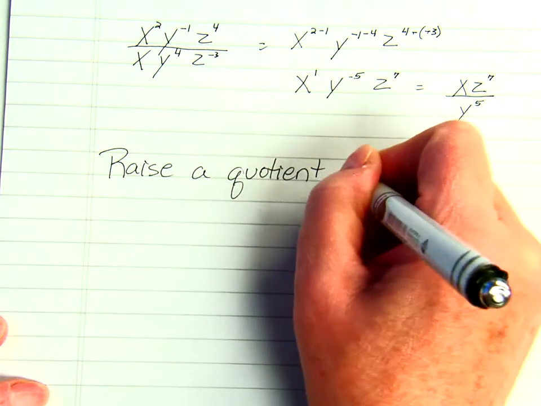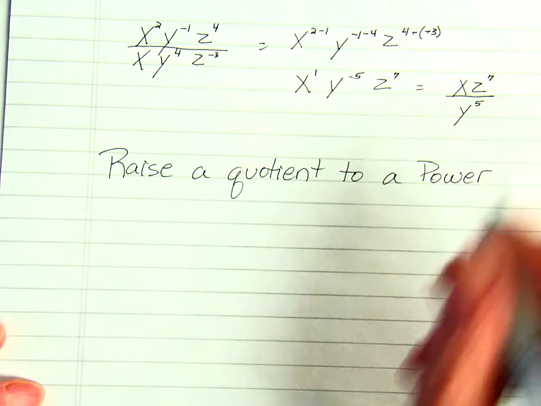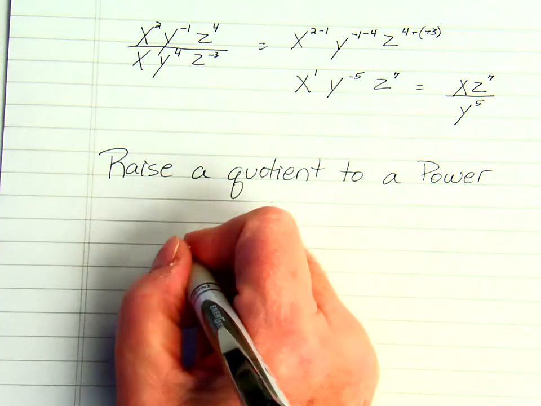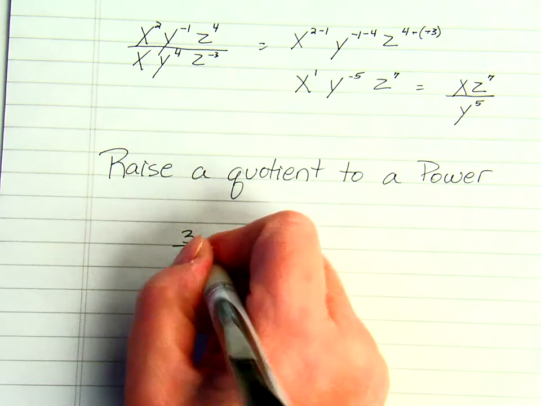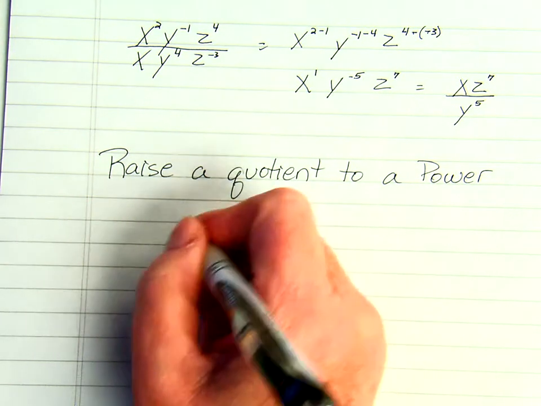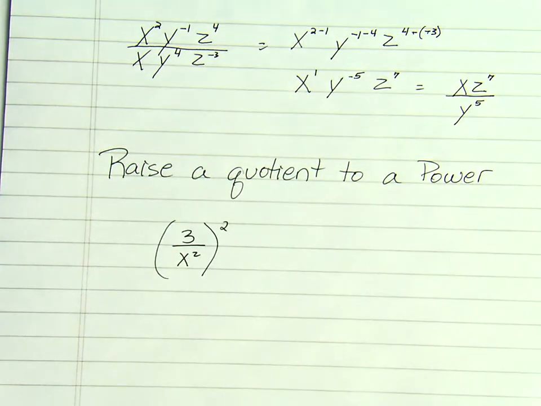Okay, raise a quotient to a power. So when we are doing this, what we are looking at now is taking our quotient, 3 divided by x squared, and raising that to the power of 2. So pretty much the way we did when we were raising